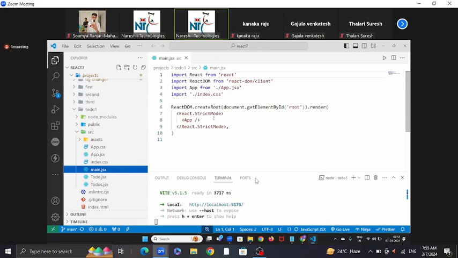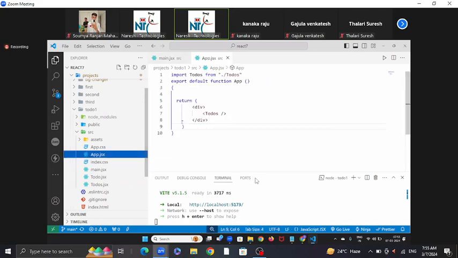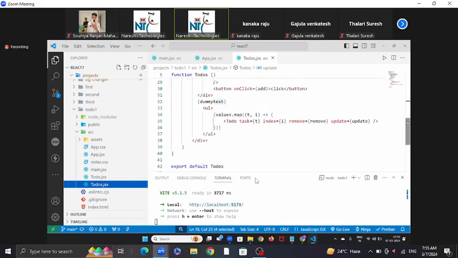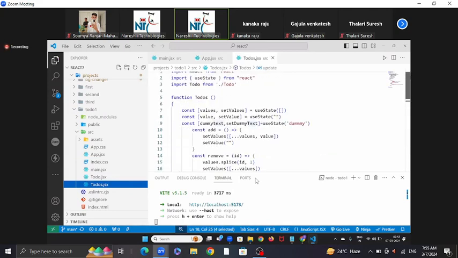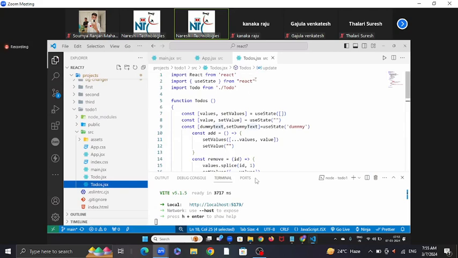The main application starts with this. Okay? And here the app is there, so it will go inside the app. And inside the app, I'm writing only to-dos. So it will go to to-dos. In the to-dos, I wrote it here. I took one useState, and I took one component called to do. Okay, to do is another component, and then I took two state values, which are set values and